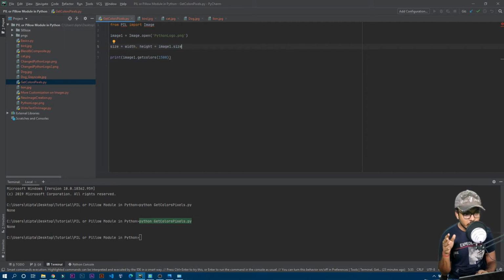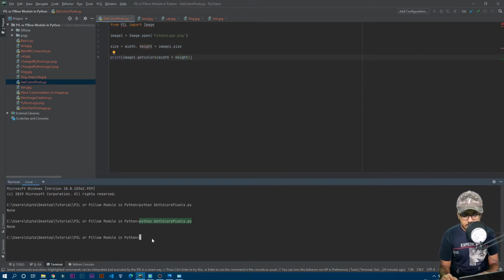Since this width and height are in pixels, if you multiply the width with the height, that is the total number of pixels present in that image, right? So you just need to write width multiplied by height. That's it.